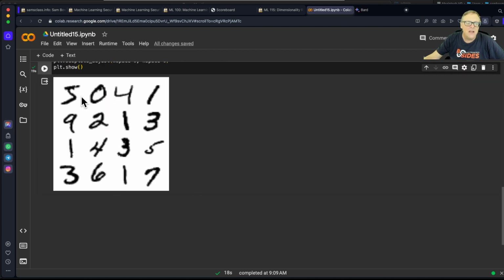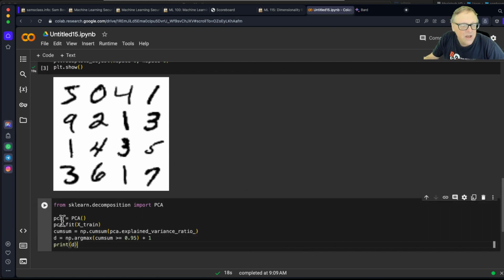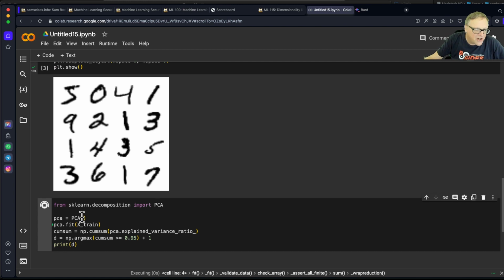So the original data has 784 independent pixels, so that's a 784 dimensional space. But if I use principal component analysis here and do a machine learning process to try different combinations and optimize it until I find the combinations that capture most of the variation,